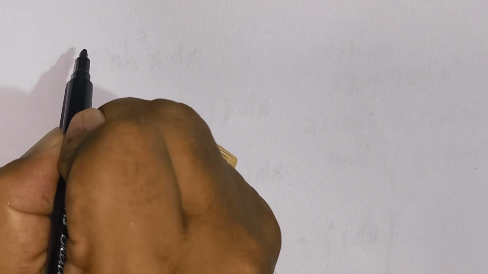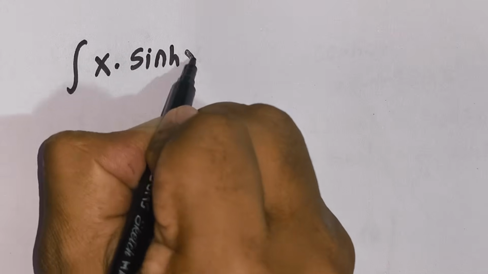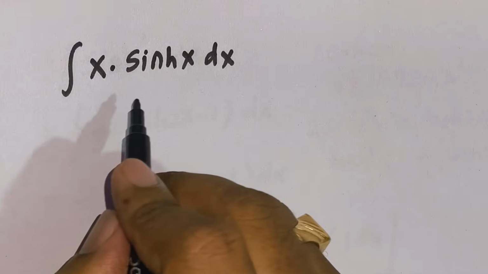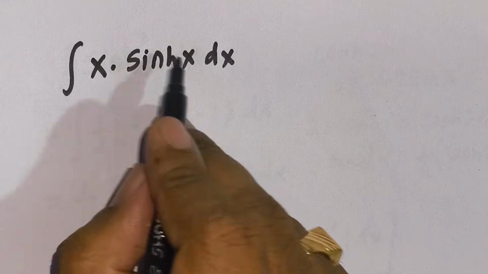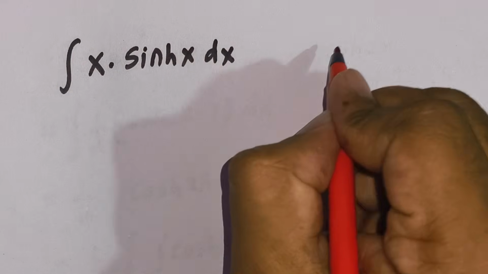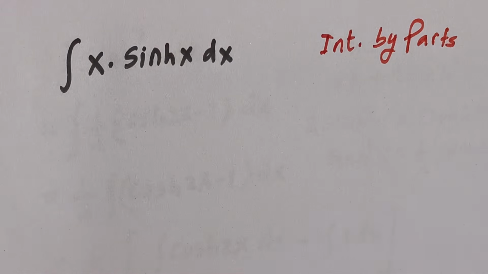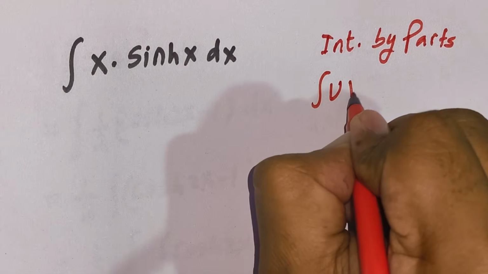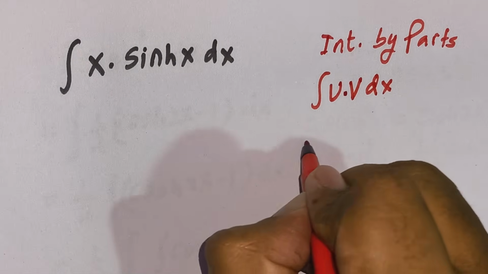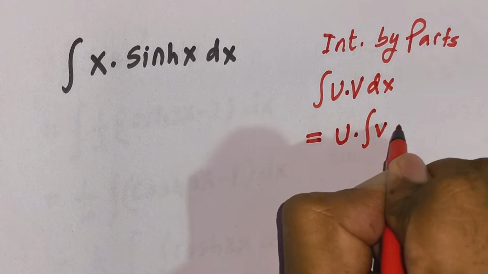Now let's do one example of integration by parts. We have x times hyperbolic sine x dx. Here we can't apply substitution or any hyperbolic identities, so we have to apply integration by parts. What does integration by parts say? If you have two functions u and v of variable x multiplied together and you want to find the integration, you keep u, then multiply that with the integration of v dx,